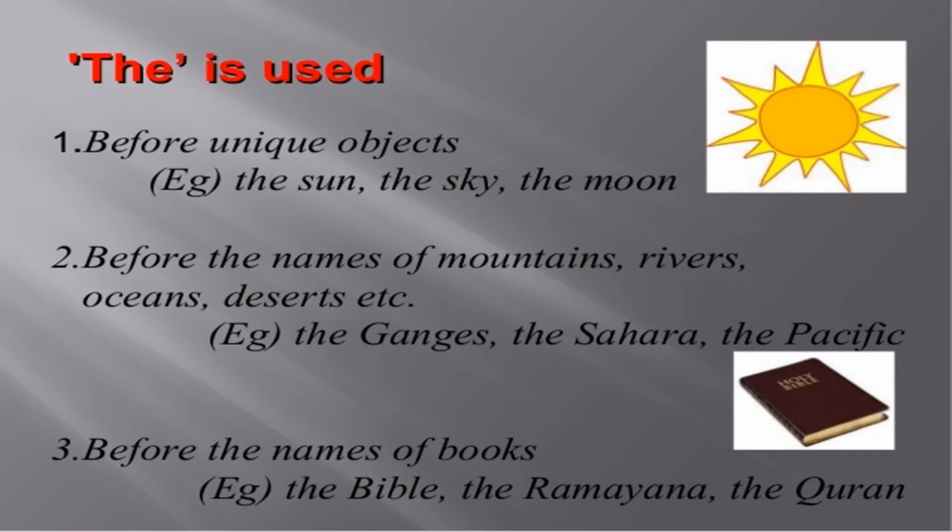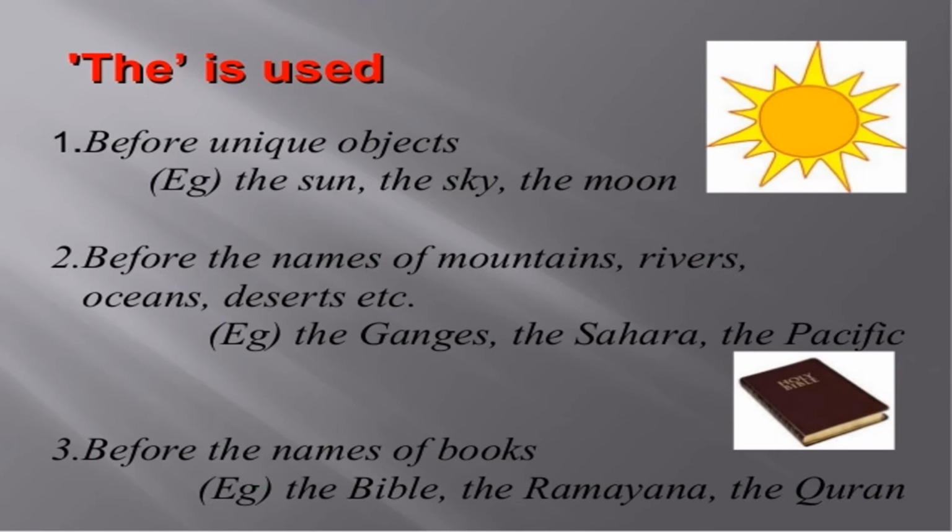Mountains, musical instruments, magazines, train names, etc. So the first one: before unique objects, the sun, the sky, the moon. Second point: before the names of mountains, rivers, oceans, deserts, the Ganga, the Yamuna, the Sahara, the Pacific, the Arabian. So oceans: the Arabian Sea, the Pacific, the Gulf, the Bay of Bengal, the Indian Ocean, the Pacific Ocean. Mountain ranges: the Himalayas, the Alps, the Vindhyas,